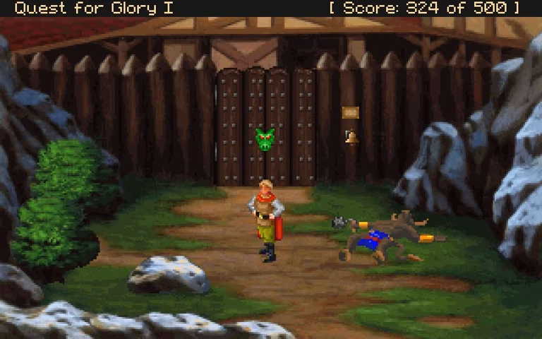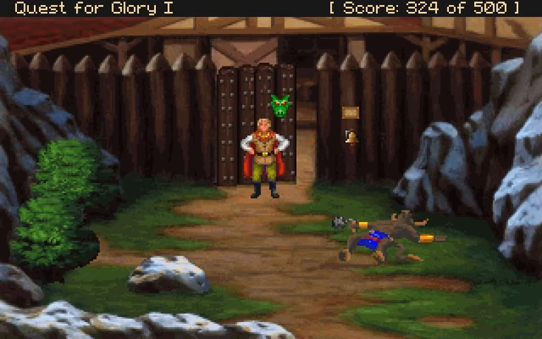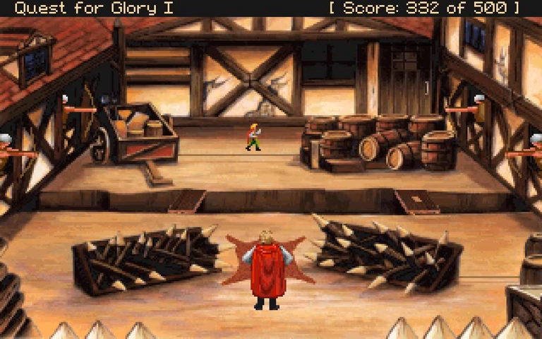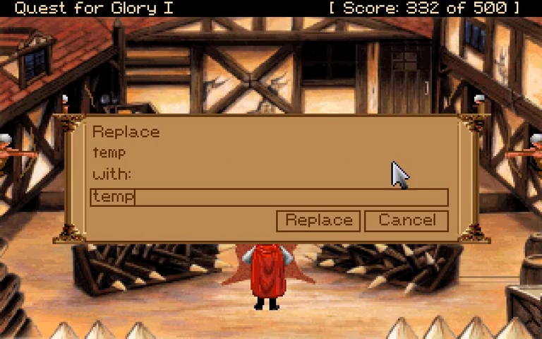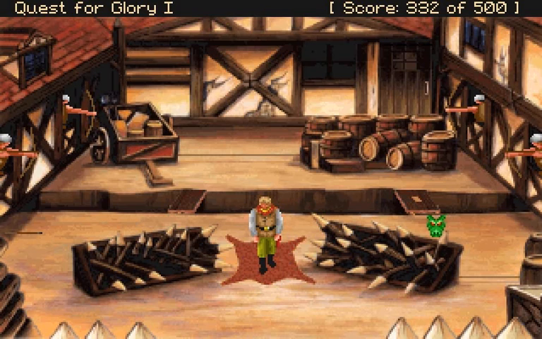Because obviously, if there's a death that I can get, I might as well try for it. Come on, bash that door down, hero. Boy, that felt good. Indeed it did. Let's walk inside. I got points. Well...